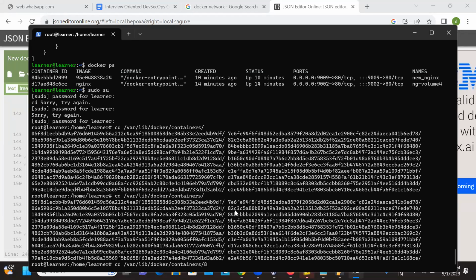So you just need to remove whatever is not required. Okay, so now